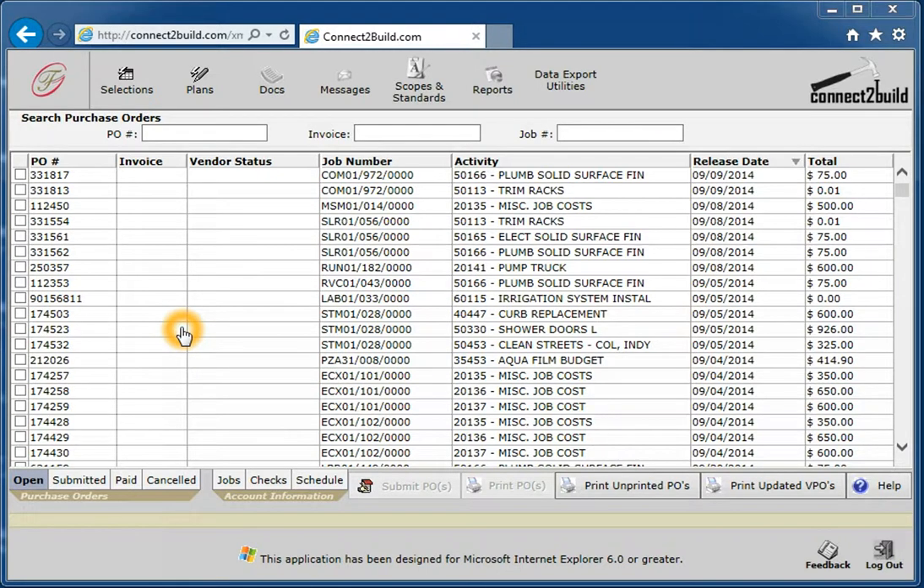This video is about requesting payment on purchase orders. We also call this submitting POs. There are generally two methods to request payment on purchase orders. I will walk you through the short method, the quick method, which is simply finding the purchase orders that you